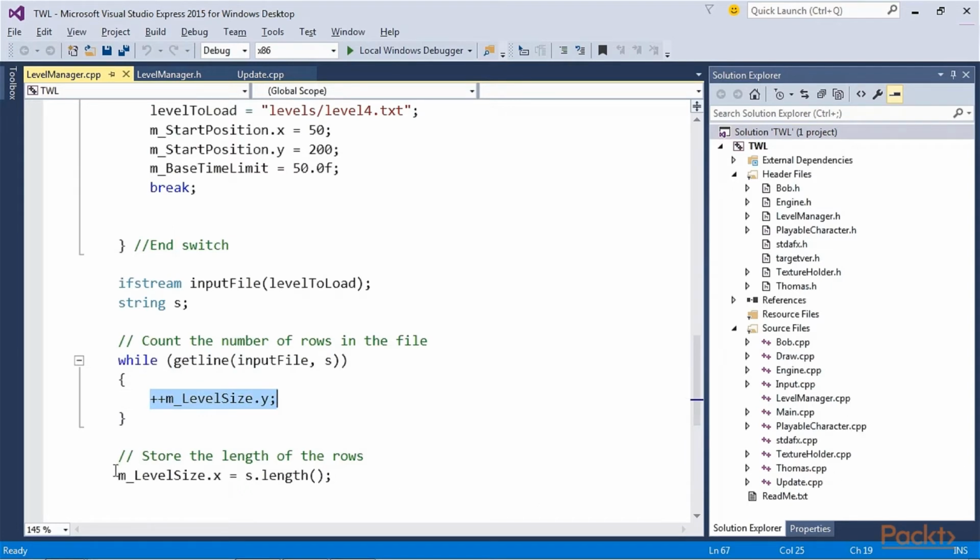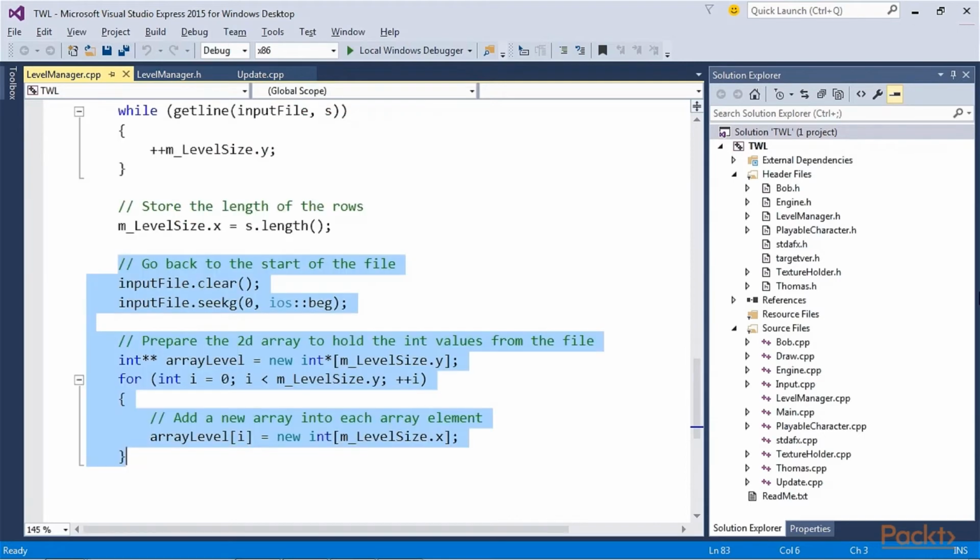After the while loop, the width of the level is saved in m_LevelSize.x using s.length. This implies that the length of all the lines must be the same, or we would run into trouble. At this point, we know and have saved the length and width of the current level in m_LevelSize.